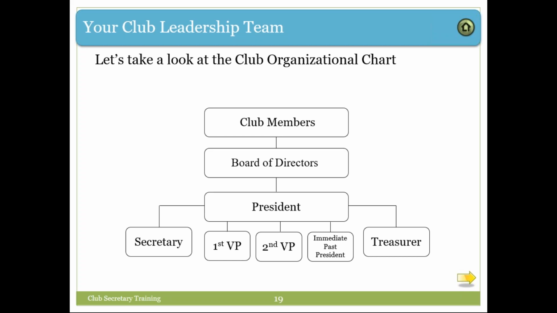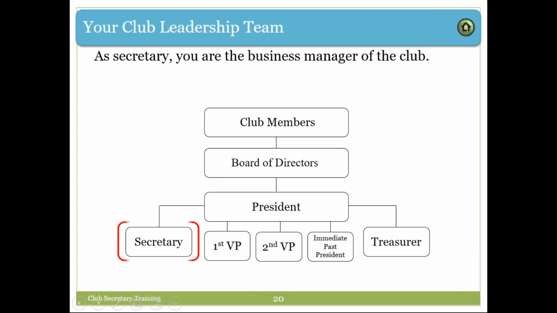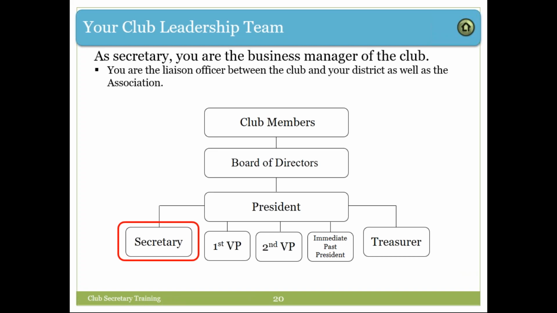But the president, the secretary, the first vice president, second vice president, immediate past president, and treasurer also make up the board. As the president, secretary, first VP, second vice president, treasurer, and immediate past president, they're all part of the board, but yet the board governs their actions.